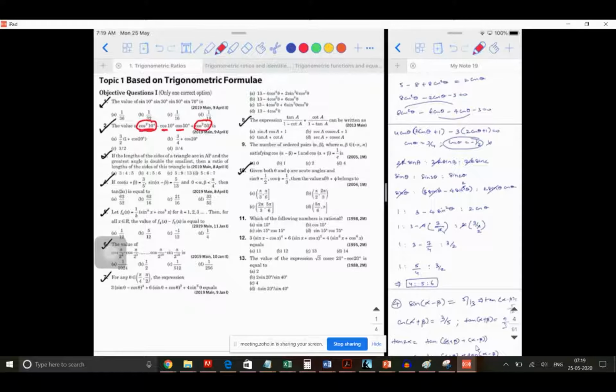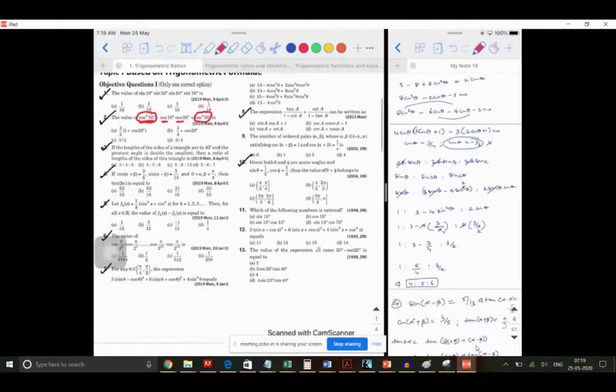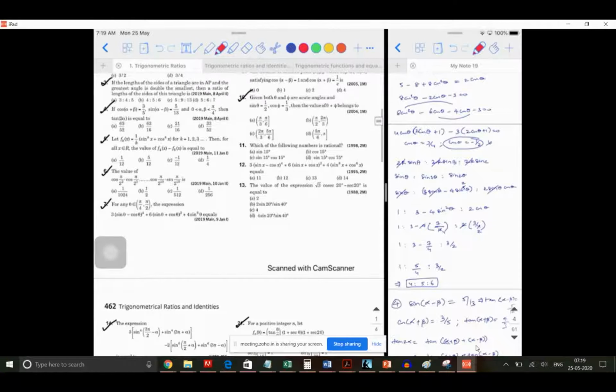Okay. So we can add and subtract cos 10 cos 50. But again, will it not be a tedious process? I understand what you're trying to say. You want to write it as cos 10 degrees plus cos 50 degrees the whole square minus 2 cos 10 cos 50, and you already have a minus cos 10 cos 50. It will be cos 10 minus cos 50 the whole square.